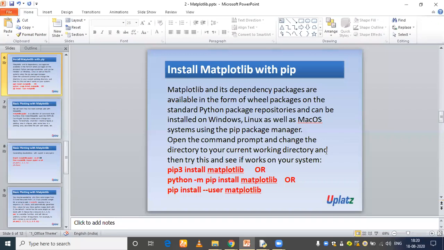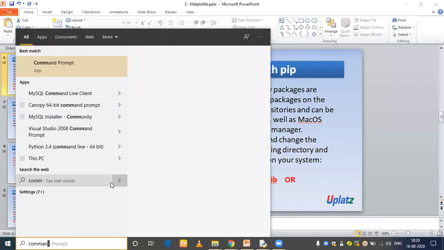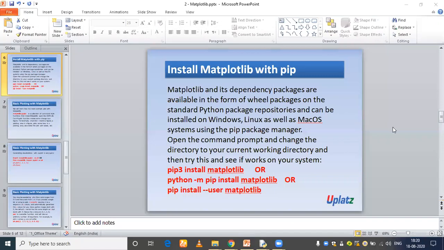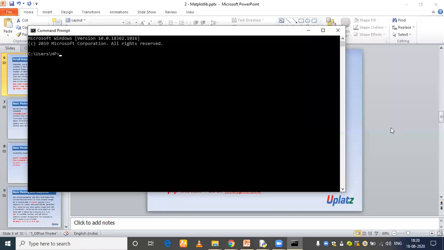So see here, I will go to the command prompt here. I will open it. Okay, so see here, it's showing like this.